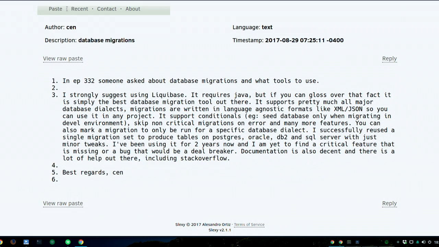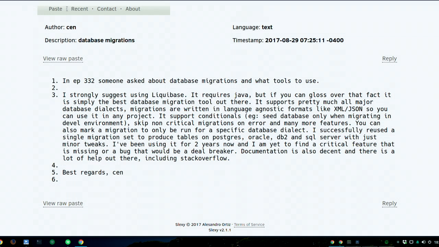It supports conditionals, e.g. see database only when migrating in the development environment. It can skip non-critical migrations on error, and many more features. You can also mark a migration to only be run for a specific database dialect. I successfully reused a single migration set to produce tables on Postgres, Oracle, DB2, and SQL Server with just minor